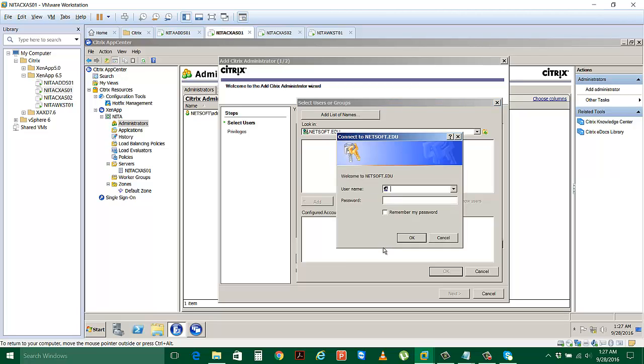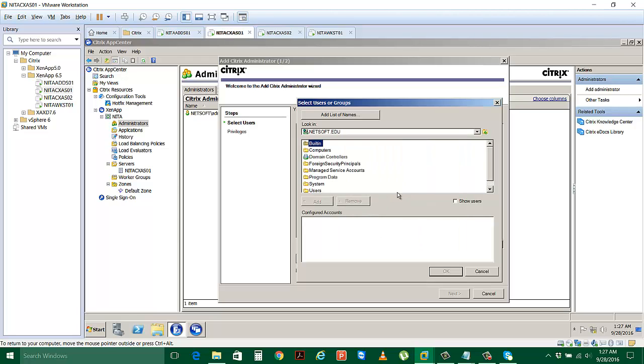It will ask you to enter the domain admin credentials. And hit show users, double click on users and add Megan Fox, Paris Hilton,